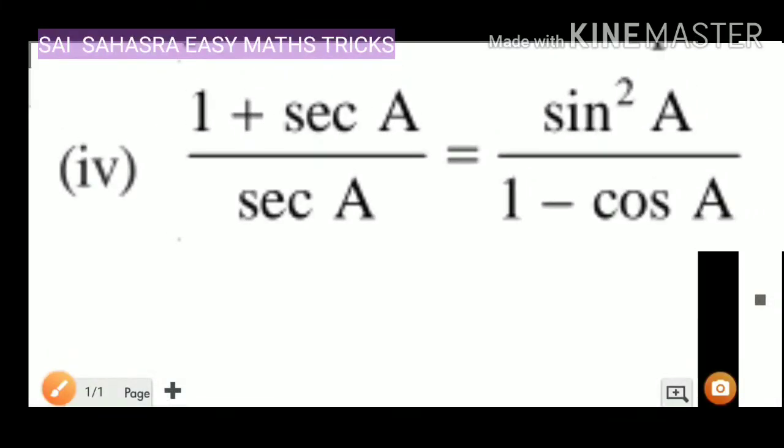We are discussing now question number 4. 1 plus secant a by secant a is equal to sine square a by 1 minus cos a. We have to prove that 1 plus secant a divided by secant a is equal to sine square a by 1 minus cos a. For that I am taking left hand side, that is 1 plus secant a by secant